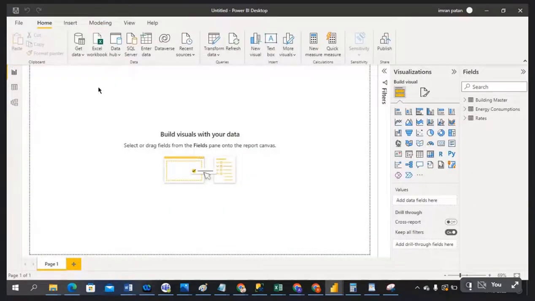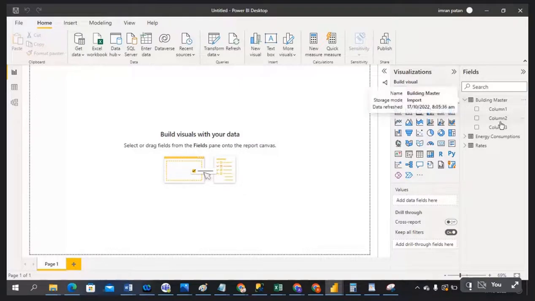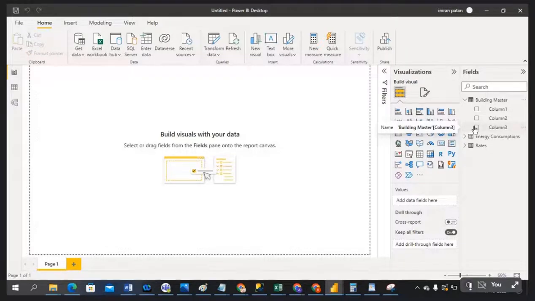So I'm in report view now. If you see here in building master, column 1, column 2, column 3 is coming. What does that mean? If there were correct column names, I could identify, okay, this is the name, this is the age, this is the sale. Column 1, column 2, column 3, what can I assume? So I have to bring the exact column names here. This is one disturbance in my table. Okay, next,